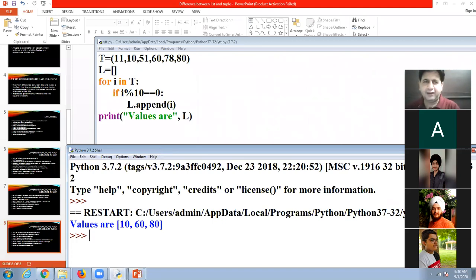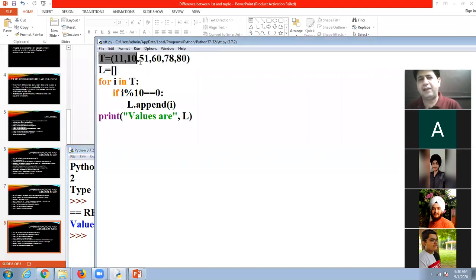Look at here. In a list, I have 11, 10. In a tuple, I have 11, 10, 51, 60, 78, 80. I declare one empty list. Then I check for i in T. First i will be 11, then 10, then 51, then 60, then 78, then 80.